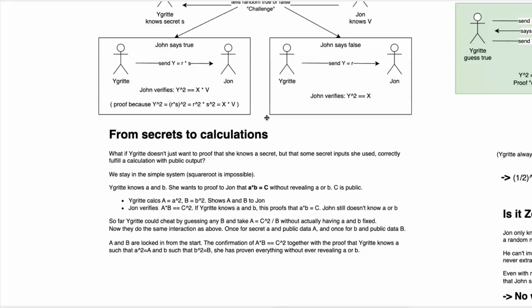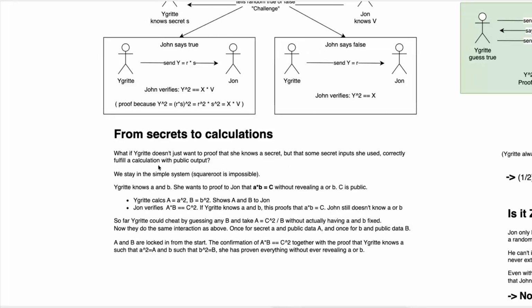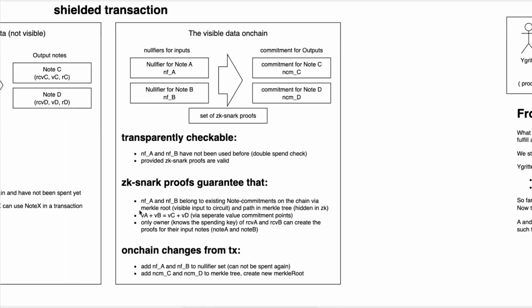Because it's not possible to say, I prove to you that I know this, and there is no way that this leads to any result that has anything to do with you, and you know nothing about anything, because then there is no reference in the real world that gives you any clue if I'm right or wrong, right? So there needs to be some public information, some public data that you can prove against, so to speak. So there is some public output of the calculation. In our case here, just to have this real world thing,